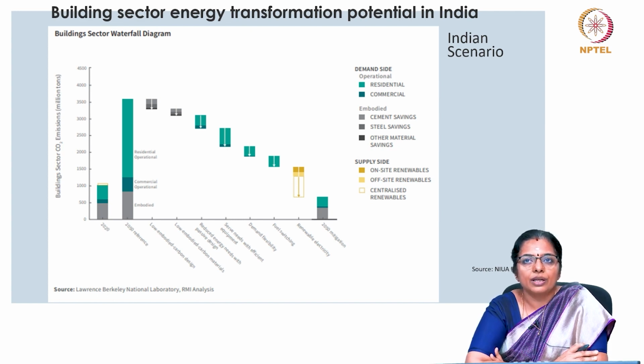Taking into account the improvements made in operational carbon and the embodied carbon that still needs to be improved for efficiency, the operational carbon emissions could decrease to 50%. And that is where we have a humongous amount of scope, that if we are able to improve the operational carbon, then we can reduce the operational carbon emissions by 50%.